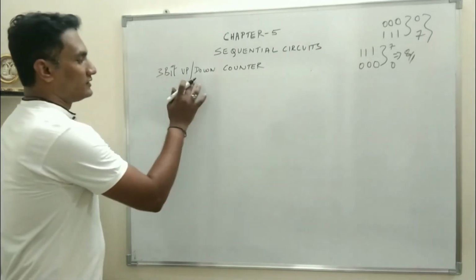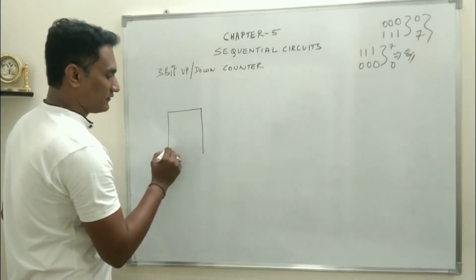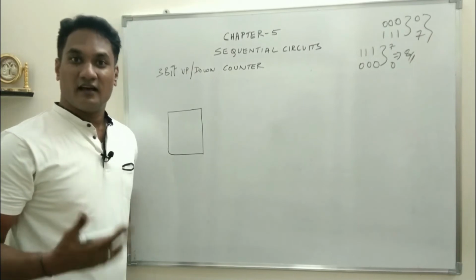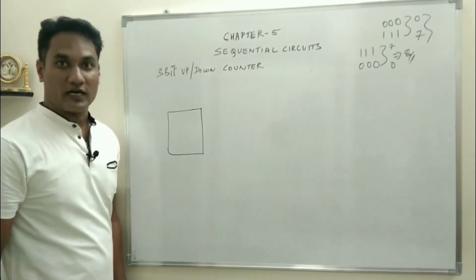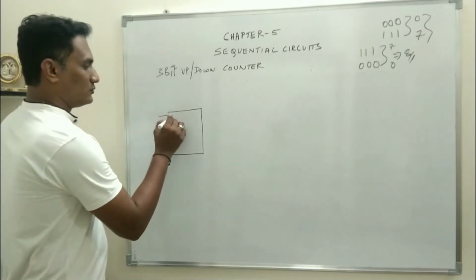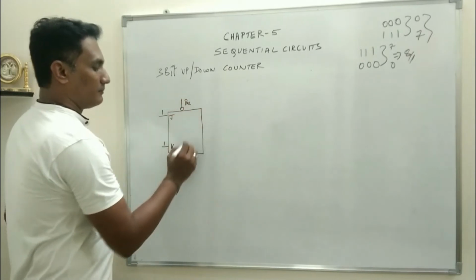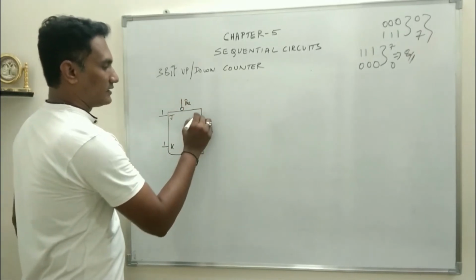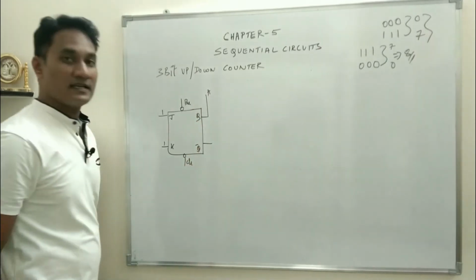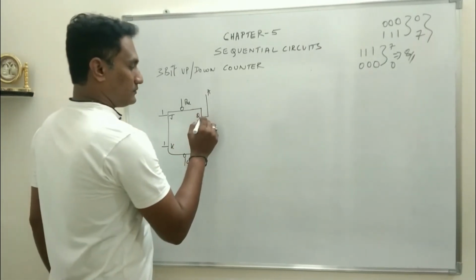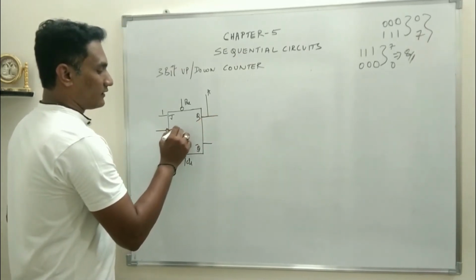So for the 3-bit counter, of course we have to design 3 flip-flops. So this is the first one. We have to use additional hardware to make sure that the circuit works as both an up as well as a down counter. So both J and K inputs are connected to 1. We have the preset, we have the clear, Q bar. The output of the first one is called A. And there will be a negative edge triggered clock. This is the first one.